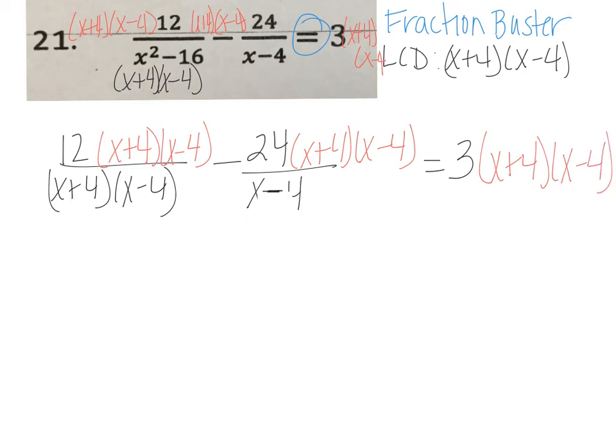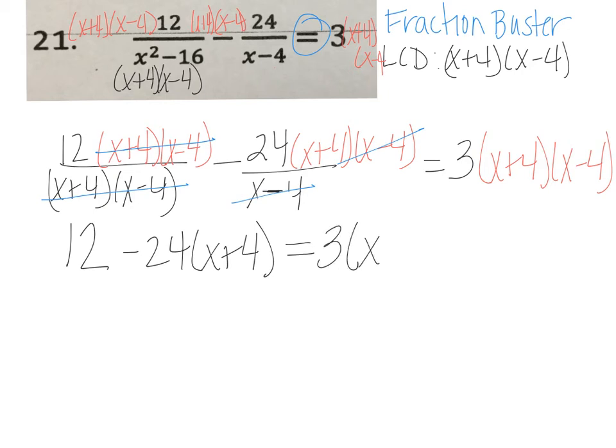And so when I'm solving the equations, my goal again is to eliminate the fraction. So I am going to simplify it out. Here, the x plus 4 and the x minus 4 cancel, and we're left with 12. The x minus 4 cancels, and we're left with negative 24 times x plus 4. And on this side, we have 3 times x squared minus 16 if I multiply out the x plus 4, x minus 4. So 24 times x, that's negative 24x, and 24 times 4 is negative 96, and that equals